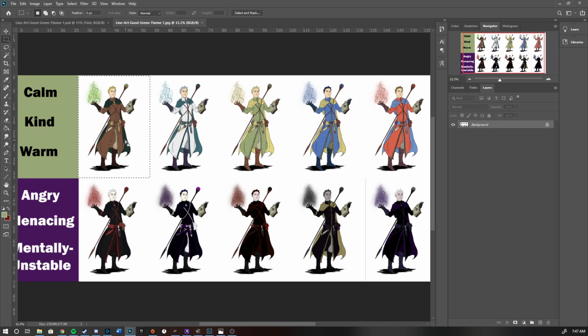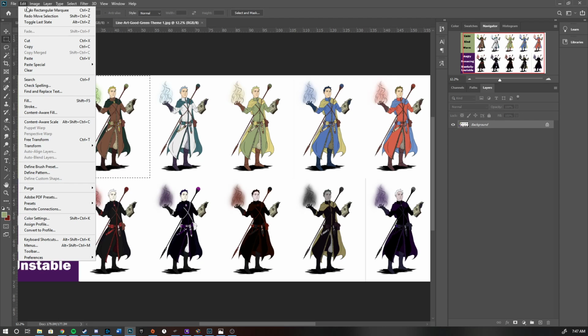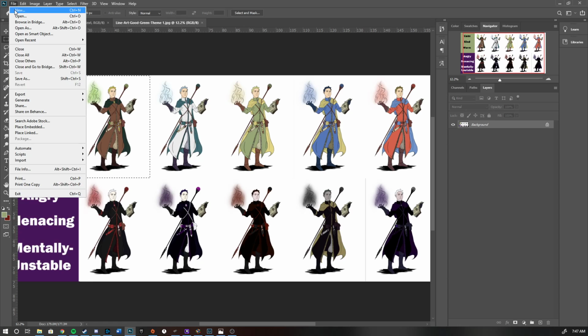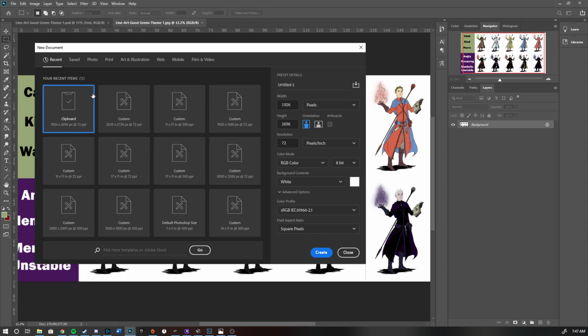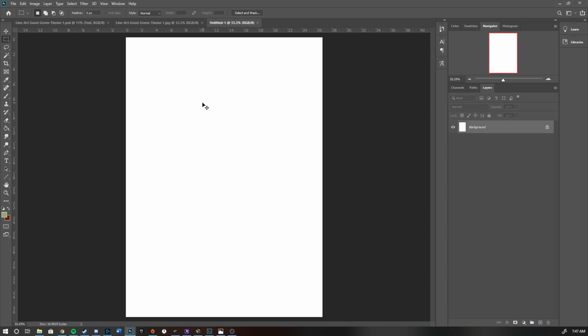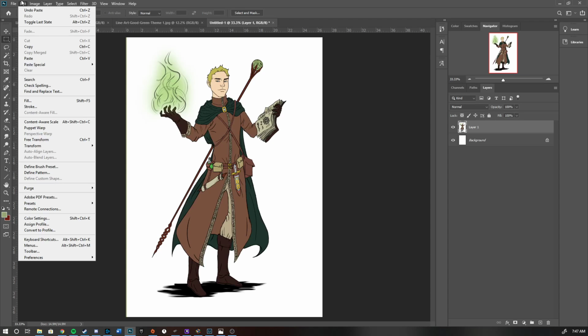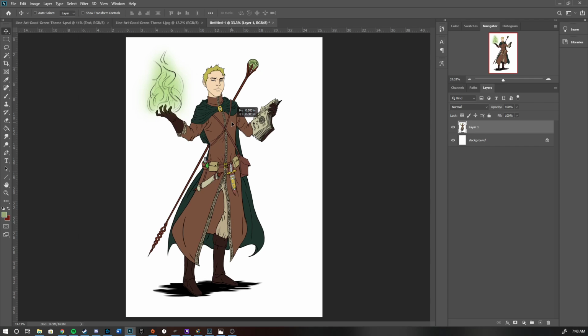and then you're going to press Control C or Edit Copy. You're going to go to File, New, and it'll show you on your clipboard the size of what you've just copied, because when you copy something it goes to your clipboard. So you press create there, and then you press Control V or edit paste up here,